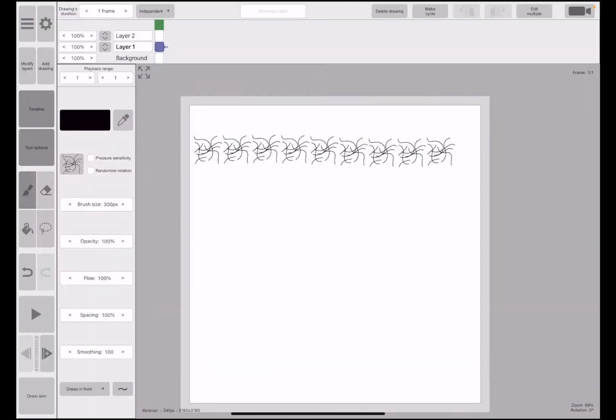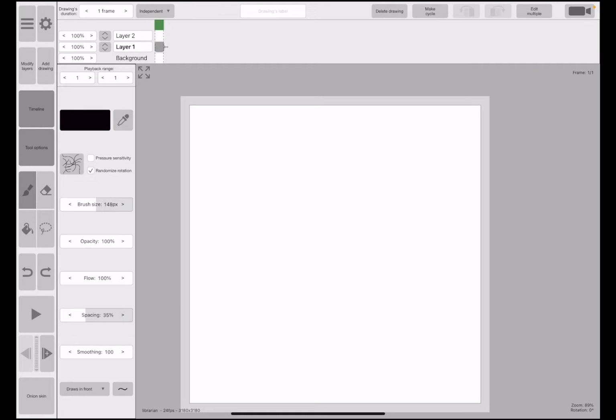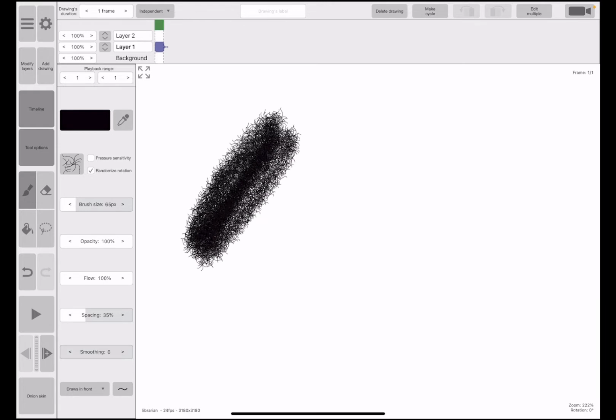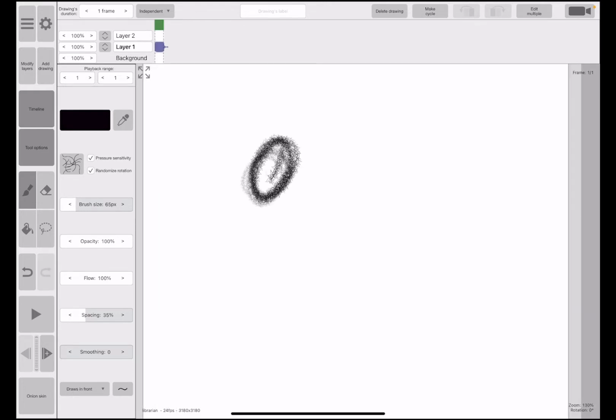So let's go ahead and put on that randomized rotation. A little better. And now I'm going to speed things up. I'm going to turn my spacing down to about 35. This is better. This is a little more of what I'm looking for. So I know that I'm not going to be using it this size. I'm going to size it down to like 65, just so I'm at a good spot. I'm going to turn my smoothing down. This isn't the kind of brush you want to use smooth. Now I'm already liking what's going on here. So I'm going to turn pressure sensitivity on. I'm really liking this. And now if I turn my flow down,